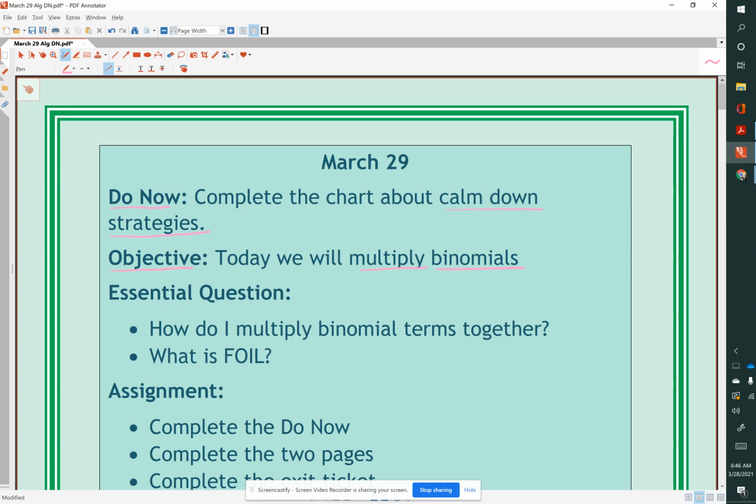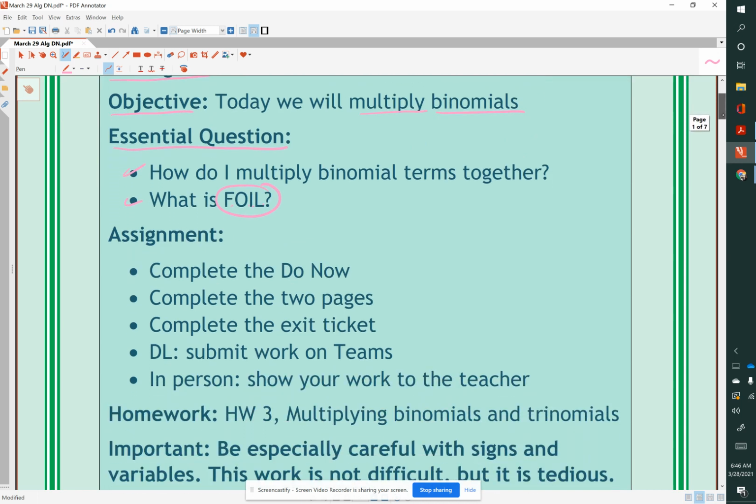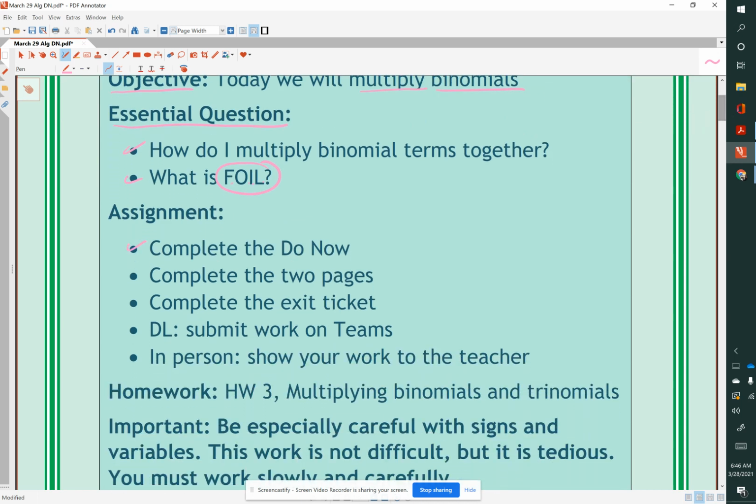another binomial. And we're going to use a special technique today, which leads us to our essential question. How do I multiply binomials together, and what is FOIL? F-O-I-L. So I want you to get familiar with that, and we'll memorize that by the end of the class today. Our assignment is to complete the do now, complete the 2 pages of work in the exit ticket, and